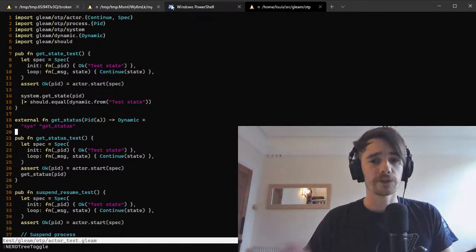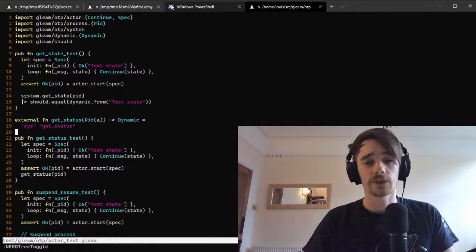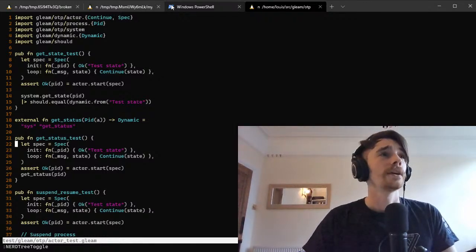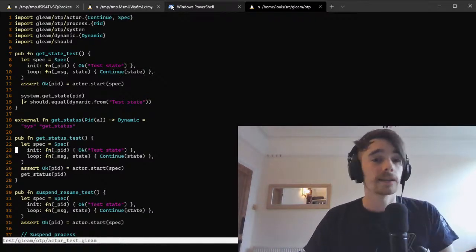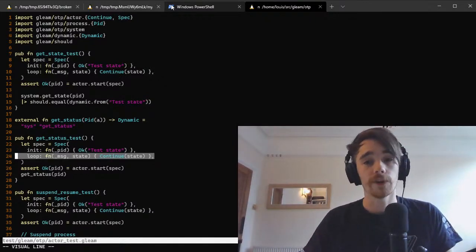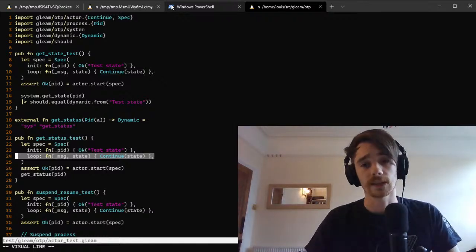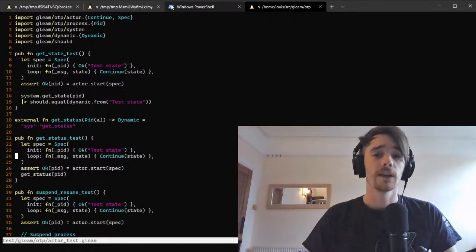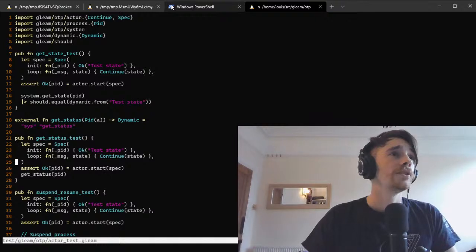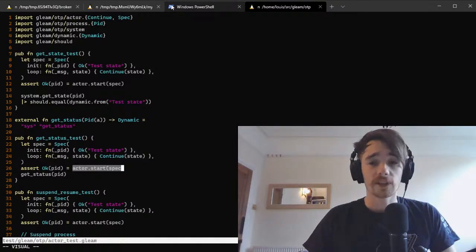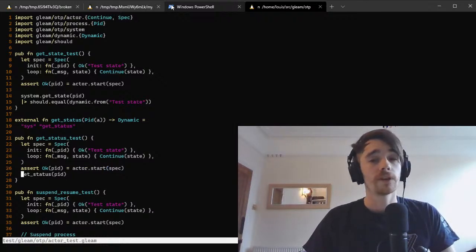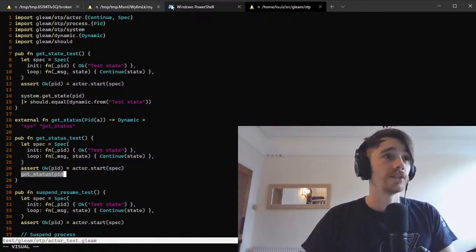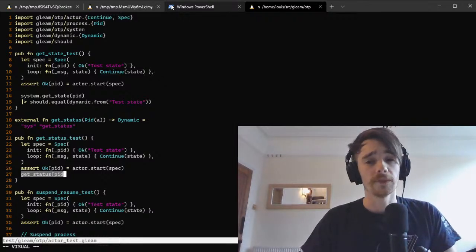In the same way that you define two callbacks on a module to implement a Gen server, we say you implement two fields on a record, on a custom type. So there's an init, which is like init, and then we have a loop, which is a more general version of handle call and handle cast, because it wraps both of them together. By defining these two things, you can start an actor, and it returns an OK tuple the same way you would in Elixir and Erlang, and then you can pop that in a supervision tree, and you can call all the usual system debugging functions like get status, and that'll work. So there you go.